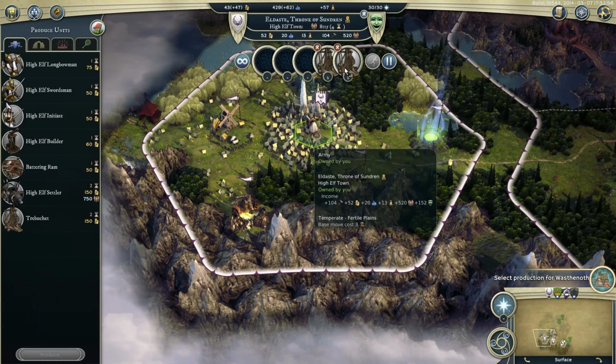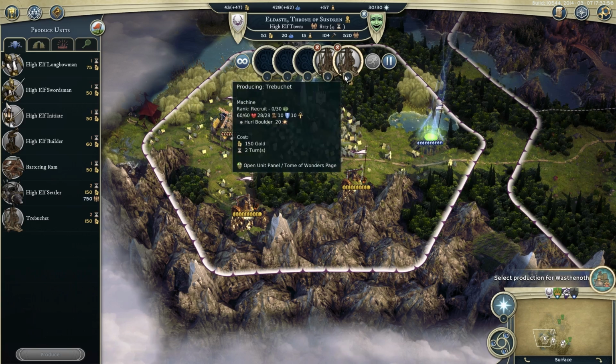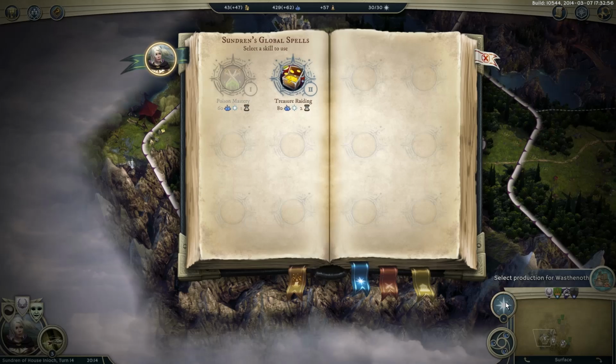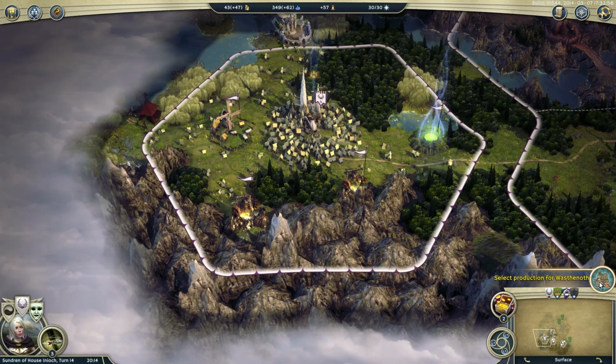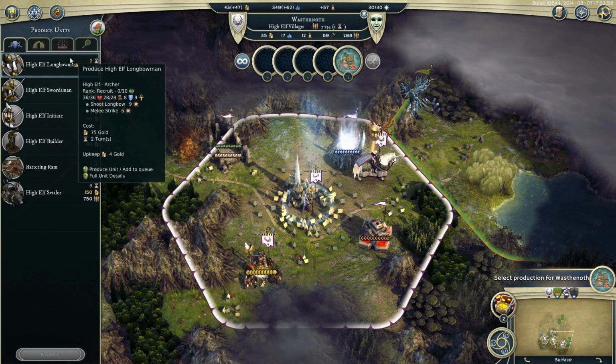Are you doing any progress over here? No! Oh, okay, there's no pause icon. Maybe, I don't know, maybe things are fine. Oh, we should enable treasure raiding. We've got enough mana kicking around right now, so we'll get some extra loot from picking stuff. Okay. And here...